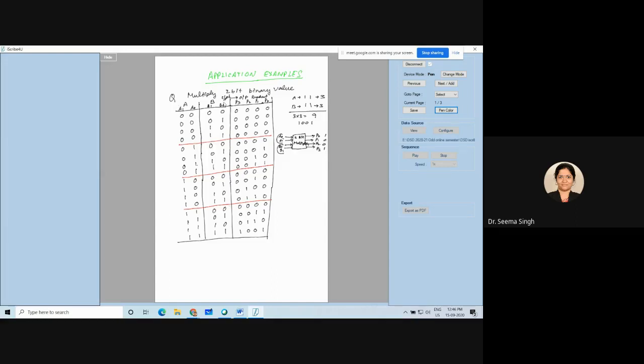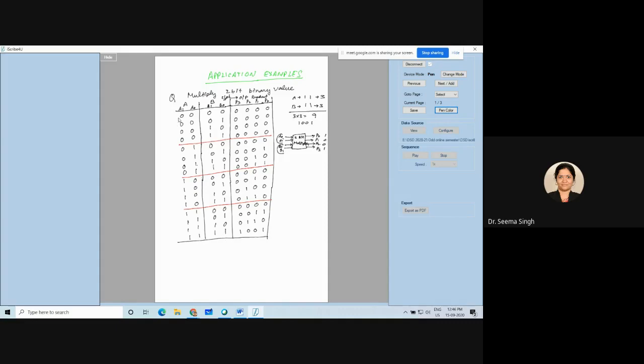So now you know that my input is 4 variable, so I should write 0 to 15. If it was 3 variable, you should have written 0 to 7. If it is 5 variable, you should have written 0 to 31. So based upon the number of input variables, your truth table length increases. This makes it complete in all the possible types of input.